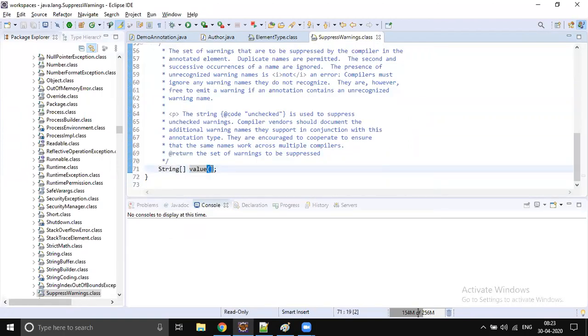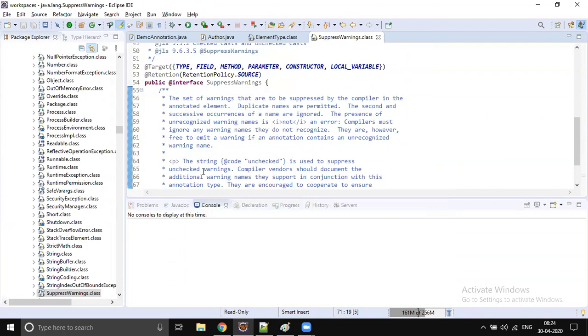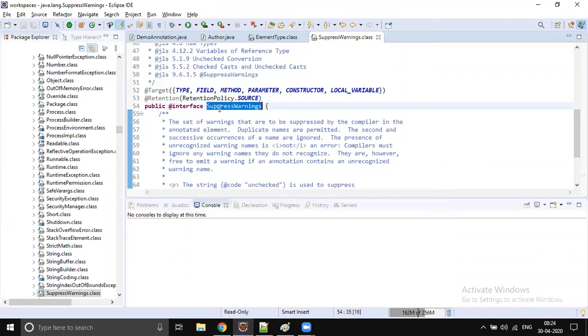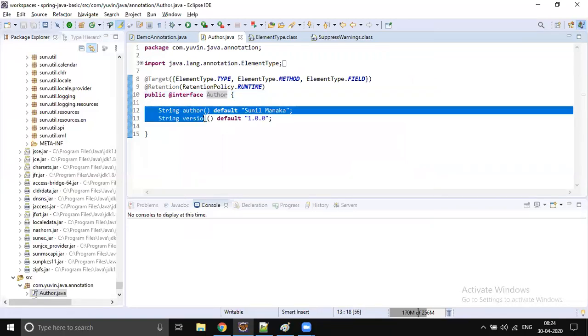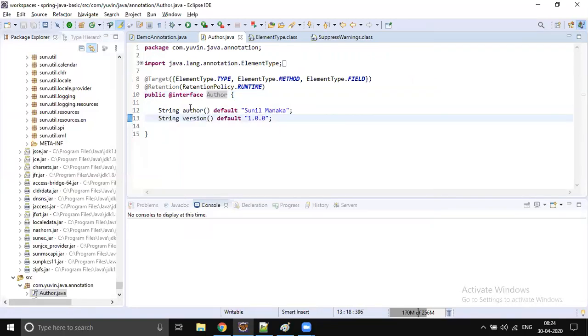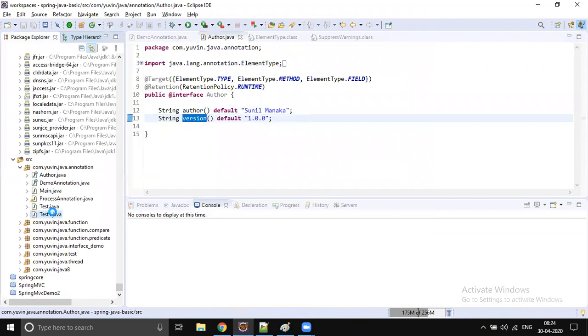There is no default value, so whenever we use this annotation, you must provide a value. Without providing that, you cannot use @SuppressWarnings. But for @Author, we made all properties optional, so we can use @Author without giving any value. We saw an example of that also.